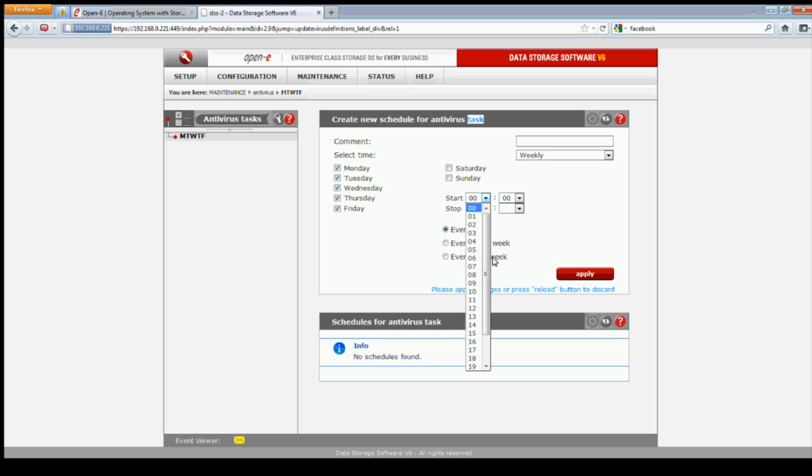So if I wanted every Monday, Tuesday, Wednesday, Thursday, and Friday, and I want to start my scan, let's say after hours or before the morning starts. So here we'll just say at 14, let's go forward, that would be 2 o'clock, 2:14, and then we can do a stop time. What that means is if I put a stop time on the scan, so the next hour,